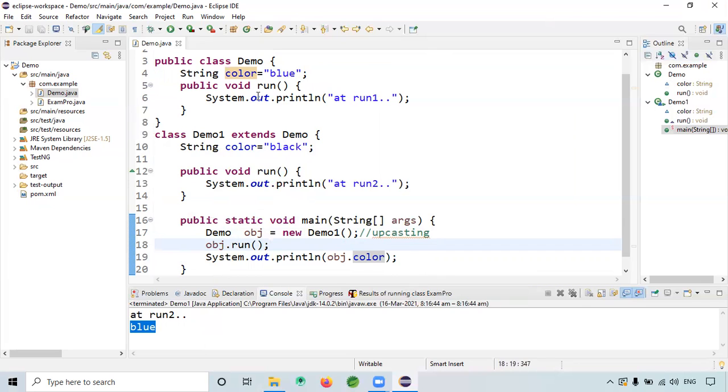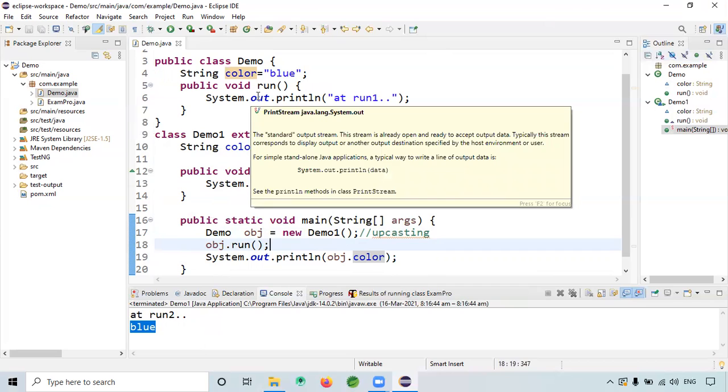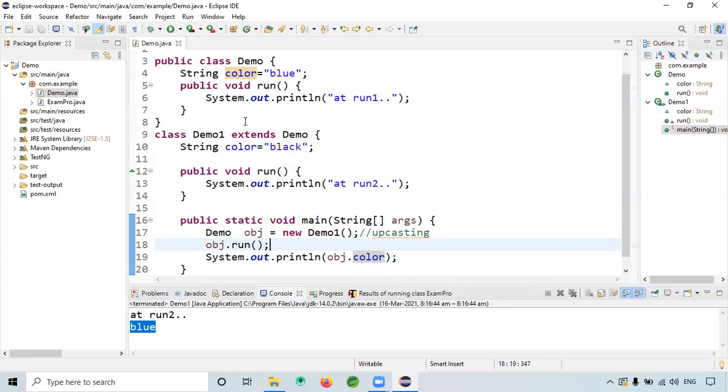With methods, it will vary. This is very important. Yesterday one of my students in my institute was asked this question in an interview. This is something in the core Java concepts.